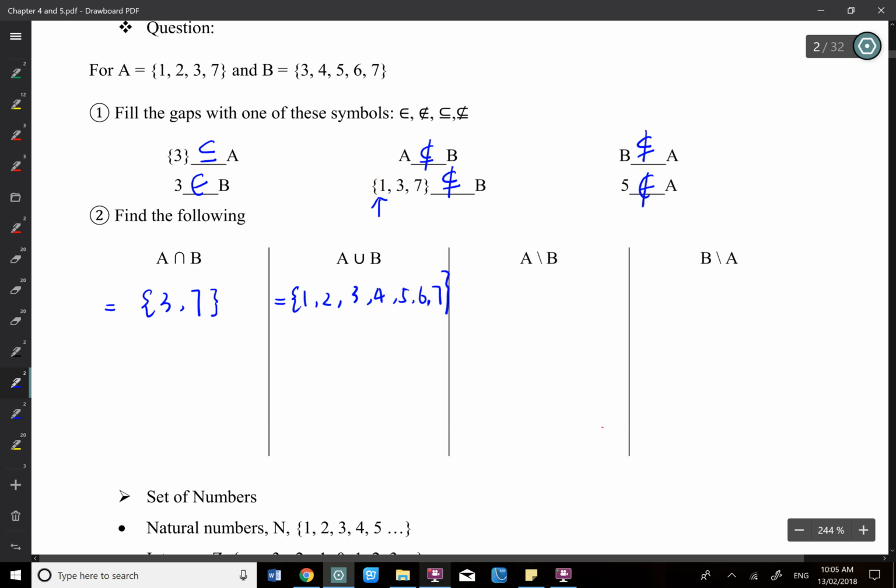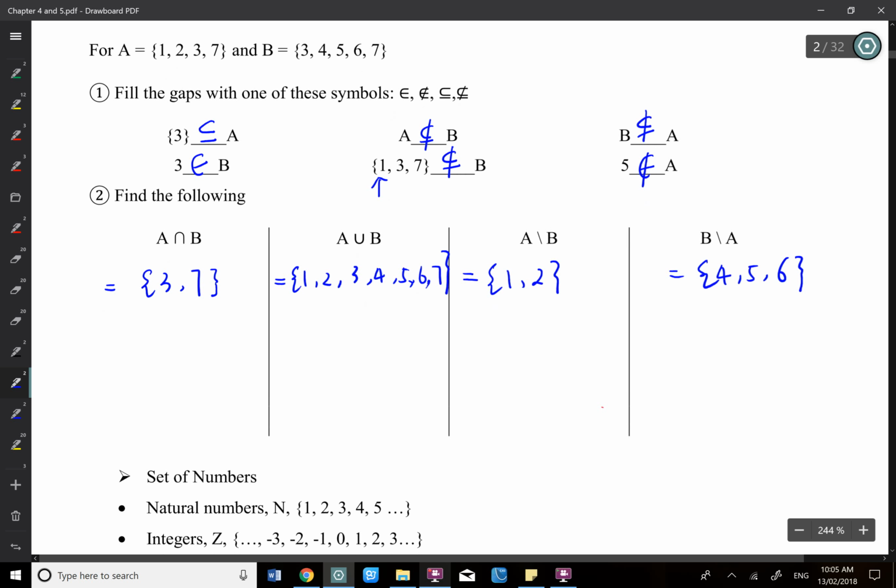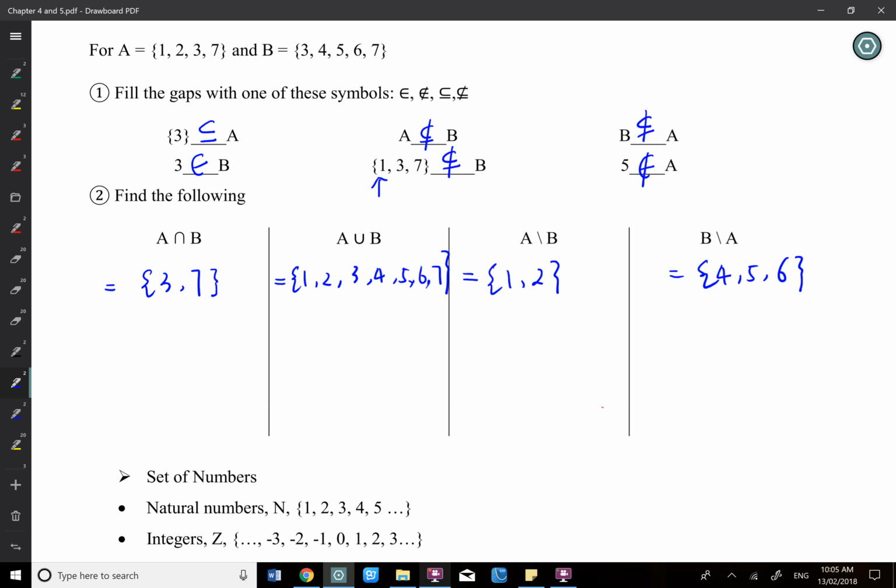There are commas in between. Okay. What's A slash B? Yep, 1, 2 only. And what's B slash A? 4, 5, 6. That's good. Okay, so now we totally understand what is to be used: contain, not contain, belong, not belong to, and then